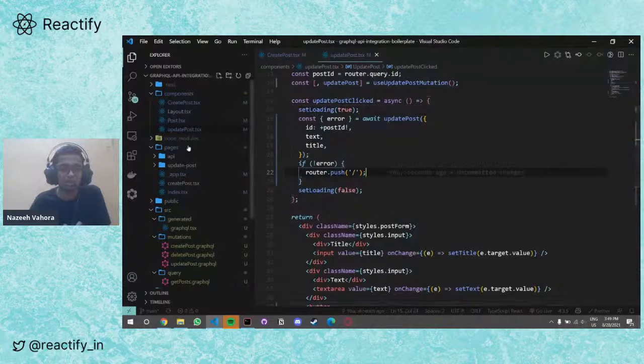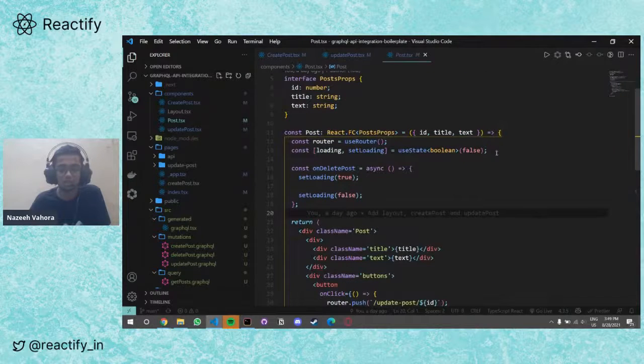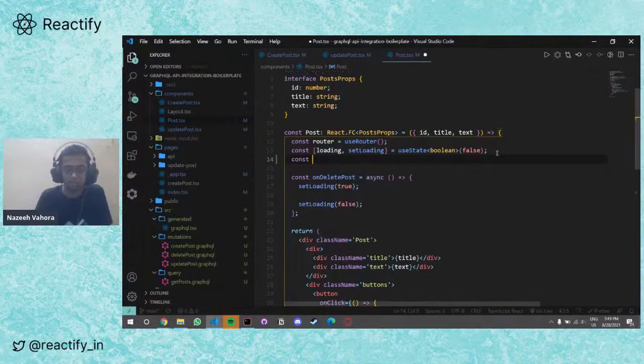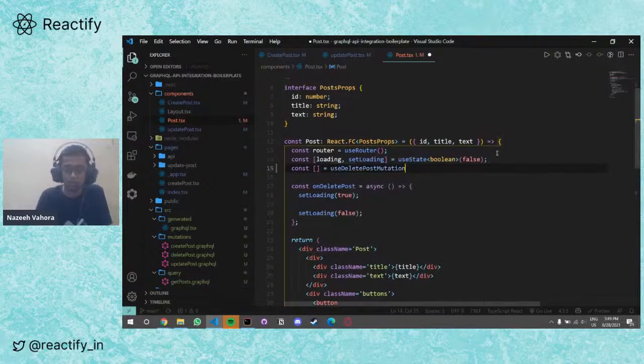So now let's perform our final operation, that is post deletion. Here we'll again use the method from GraphQL code generator. Use delete post mutation, delete post.